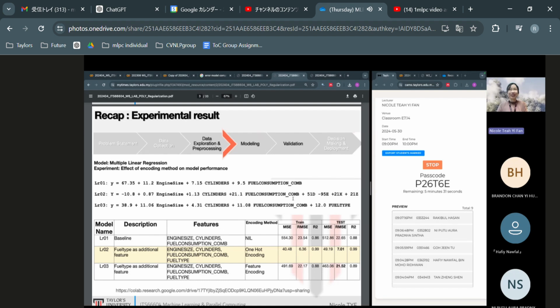Okay, noted. Assuming that you have already done last week's homework, this is the point that you are supposed to arrive at. We have last week's lab, where we built a baseline model LR01 using three features: engine size, cylinders, and fuel consumption. The R squared we got is 86%, and the R squared on the test data set is